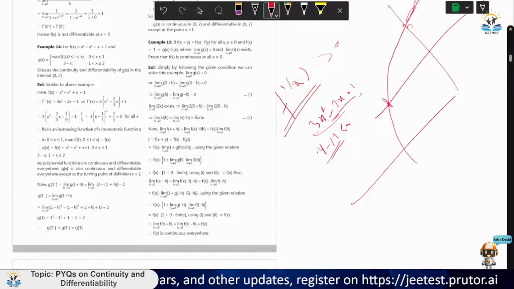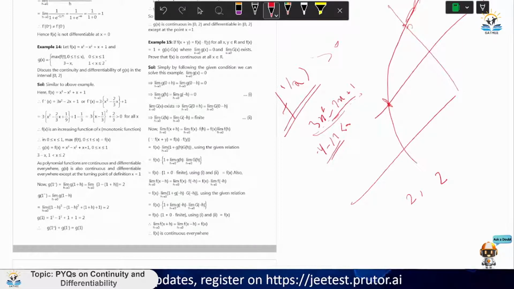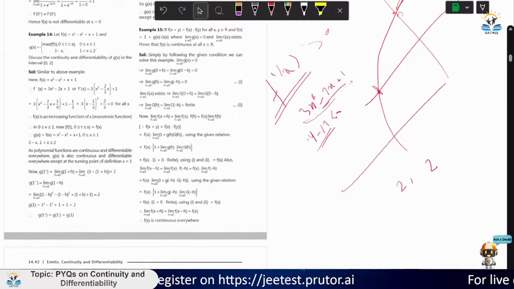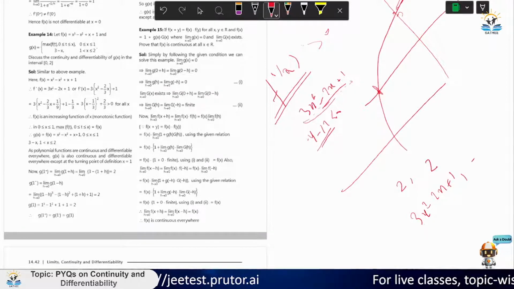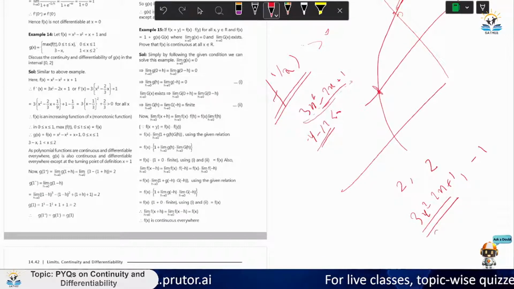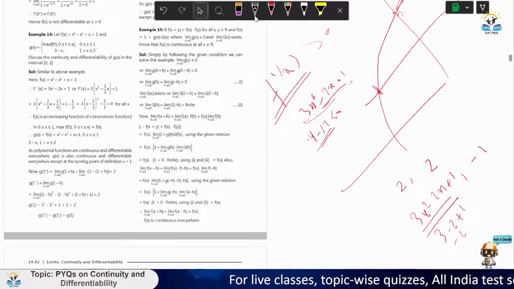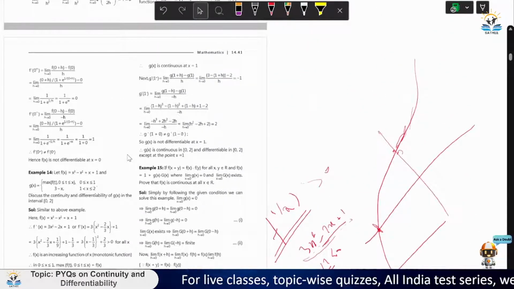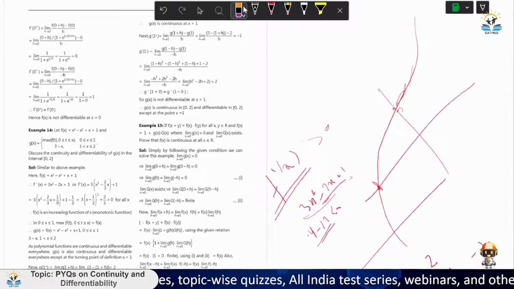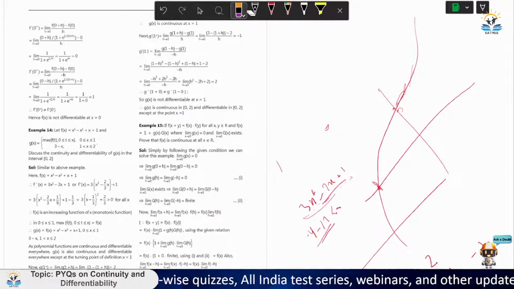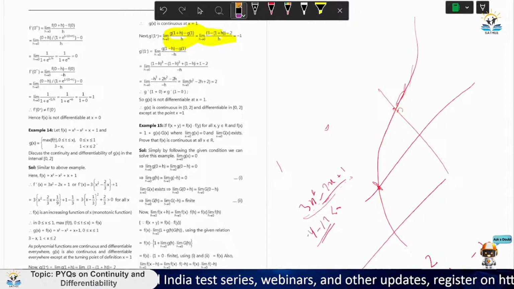तो 1 पे देख लेते हैं कॉन्टिन्यूटी और डिफरेंशिएबिलिटी। देखो 1 पे वैल्यू क्या आएगी, 2, और इसकी भी वैल्यू 2, तो कॉन्टिन्यूस तो है। अब डिफरेंशियट करके देखते हैं कि डिफरेंशिएबल है कि नहीं है। तो 3x² माइनस 2x + 1, और ये दे रहा है -1, तो x की वैल्यू 1 रखते हैं यहाँ पे, 3 माइनस 2 + 1, सो दिस गिव्स मी 2। डिफरेंशिएबल नहीं है बट कॉन्टिन्यूस है, राइट, वी गॉट आवर आंसर। वेरी सिंपल गाइस, इसमें हमें कंपल्सरी नहीं है कि हर बार यही वाला मेथड हम अप्लाई करें, यू कैन अप्लाई द डिफरेंशिएबल आल्सो एट टाइम्स।